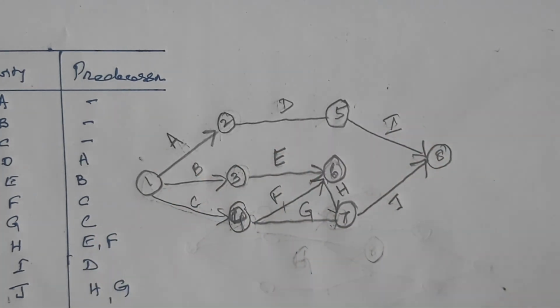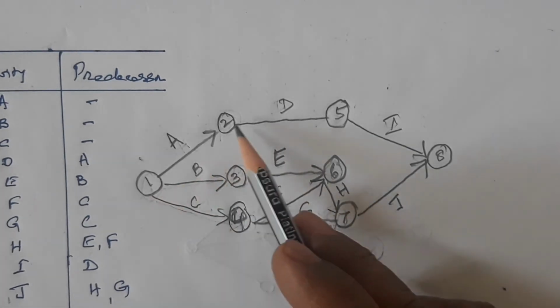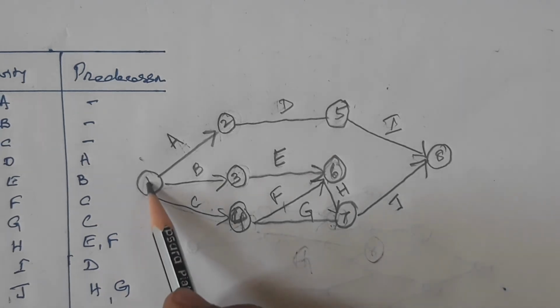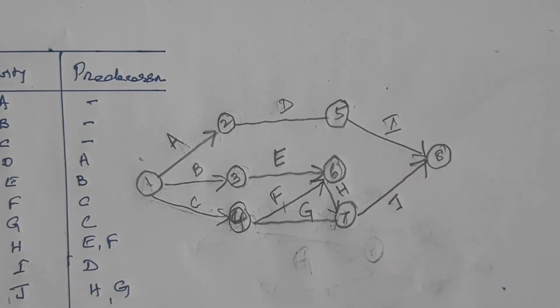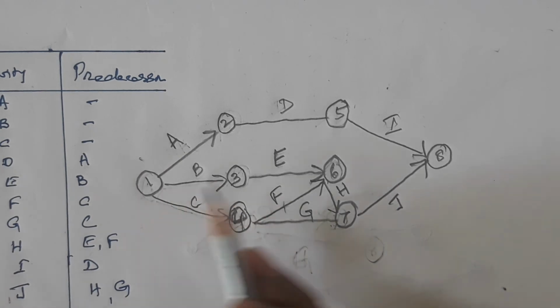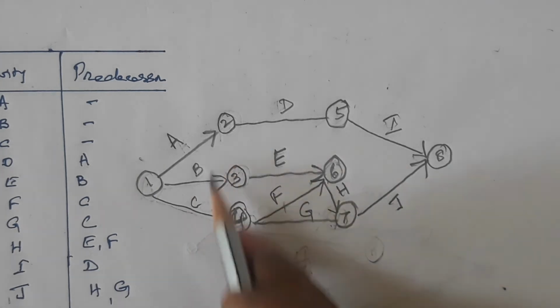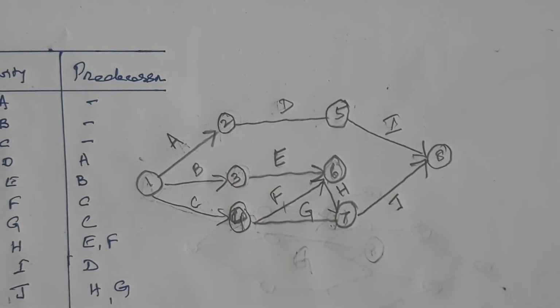In this network diagram, please note certain important points. These are known as nodes, starting node and ending node. This is the starting point of the project. This is the ending point of the project. So there should be one single starting point and one single ending point. But at the starting point, there can be simultaneously more number of activities. Remember, activities are different from the total project. In a project, there will be a lot of activities.